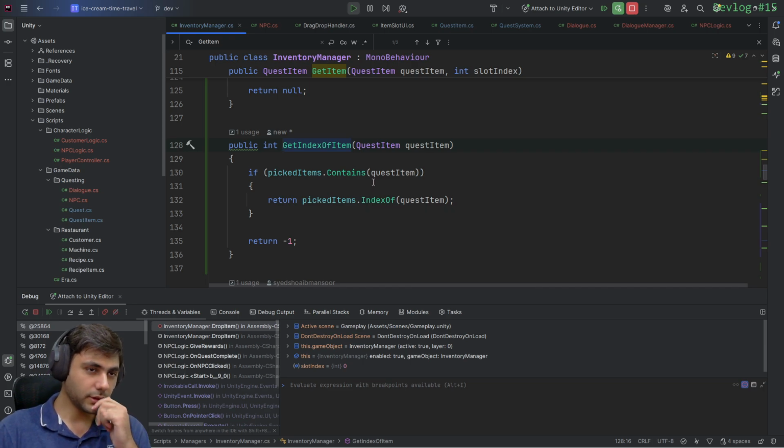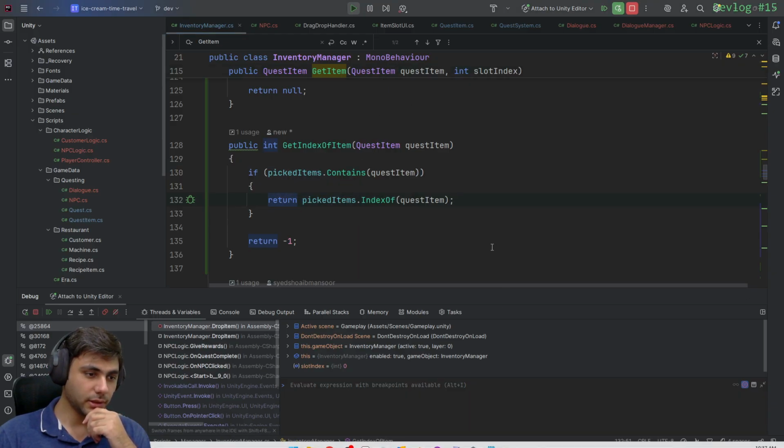So yeah, this is what I was afraid of, because picked item is something like a very small